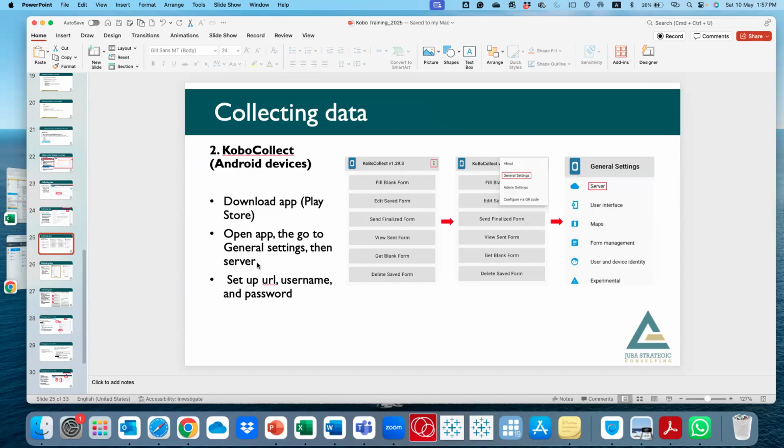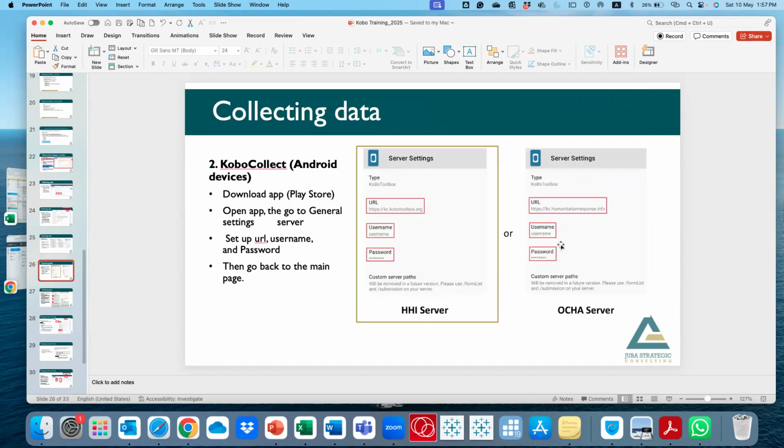Then you have to sign up with your details, the same way that when you download any app, you need to sign up. You use the details that you use for your account. This has now changed to the global server, and the OCHA server is now.